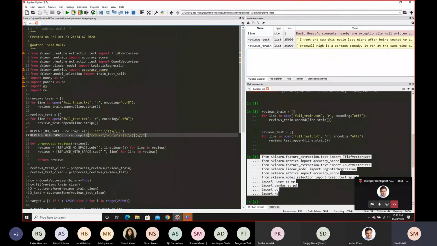And over here, this is very simple regex, where we're getting rid of special characters, we're getting rid of other special characters, but in a way that they're replaced with a space rather than without one. So for the people who are coding along, have they reached till line 28?